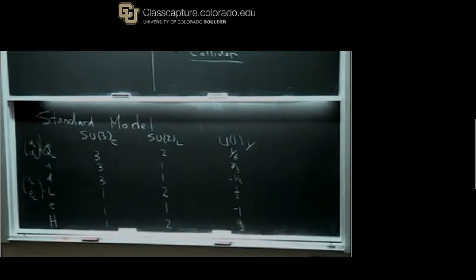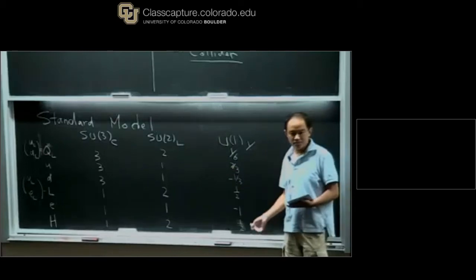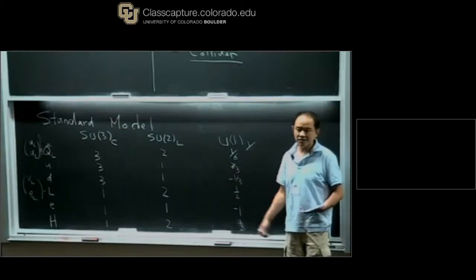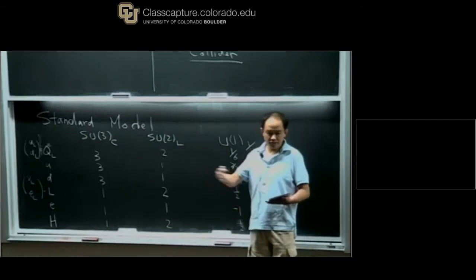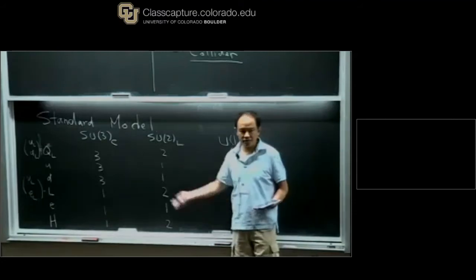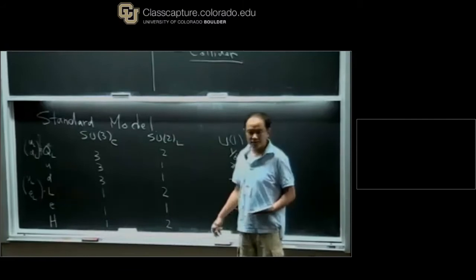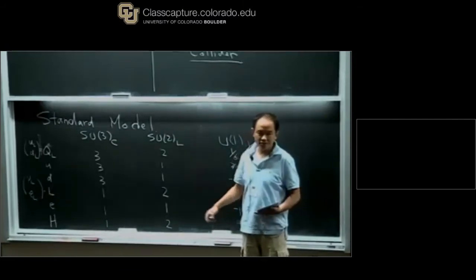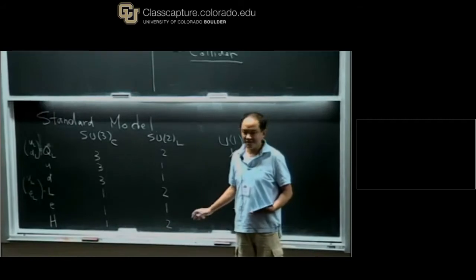In principle, you can just go from here and write the most general Lagrangian and calculate things and compare to experimental data. That Lagrangian will contain roughly 20 parameters, and you can fit to the experiment with those parameters, and you can do your calculation, and it all works. All right, so that's the end of our lecture.